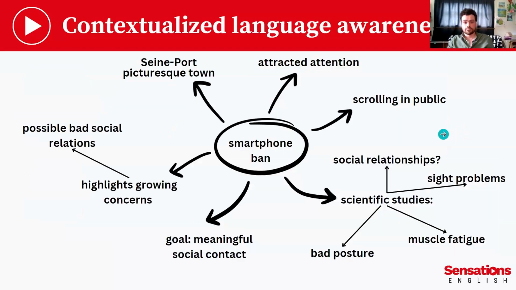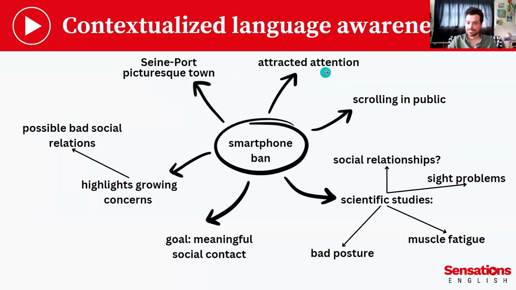Then afterwards, you get great vocab that is attached to something real. Okay. So you get this smartphone ban, and then from that paragraph that we just read, you could get things like picturesque town. Now the word picturesque you might have seen in vocab lists for IELTS or other things, but until you have it attached to something like a real place, it doesn't really mean anything.